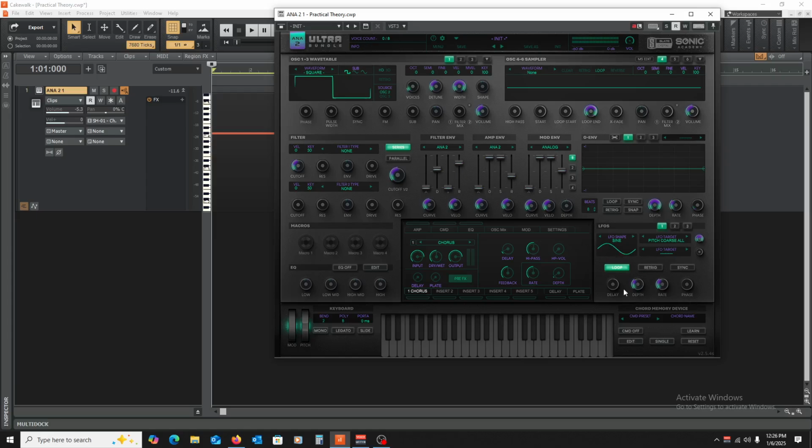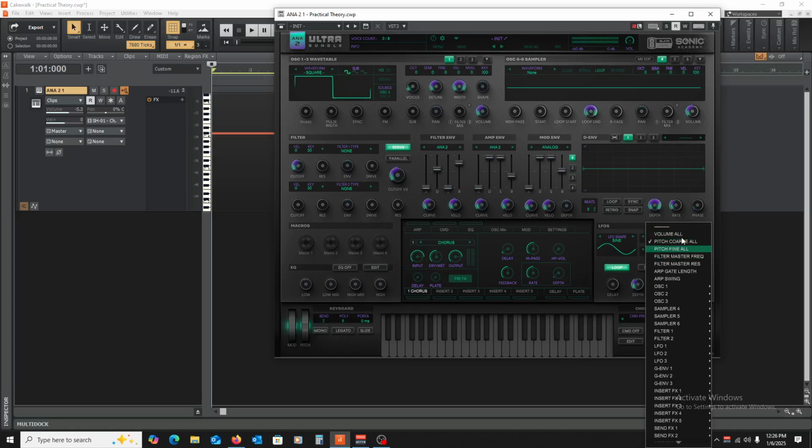You can play with the shapes, you can play with the depth, the rate, and it's just changing this sound over time depending on what parameter you're telling it to, and these various settings here, whether you want to sync it, whether you want it to retrigger, all this other stuff. And you can set it to other parameters as well if you want to. And this is going to get more into sound design, so I'm not sure we're going to cover all of this today, but when it says oscillator 1, well, that's this square here, and there are settings here that you can do to manipulate this square to make it sound different, that it will also change over time.